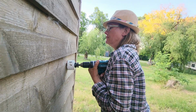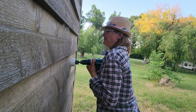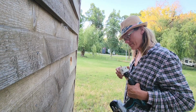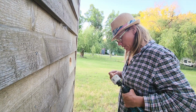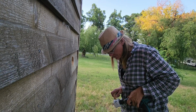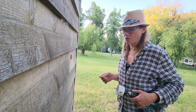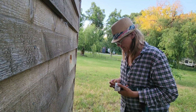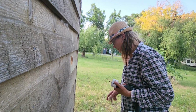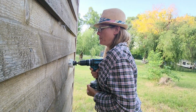Now you have to go through the siding again. That was fun. It was also kind of expected, because you're in siding again. Well, you noticed on the first round, as all of these teeth grab the siding, of course it wants to whip the drill around, which is less than fun. Keep going. I'm going to have to take it apart anyway. So yeah, whipping the drill around is not...